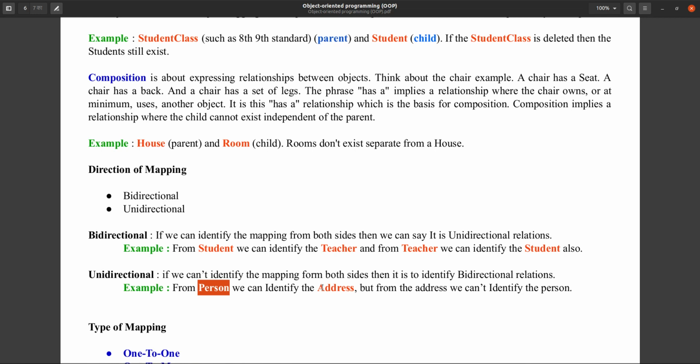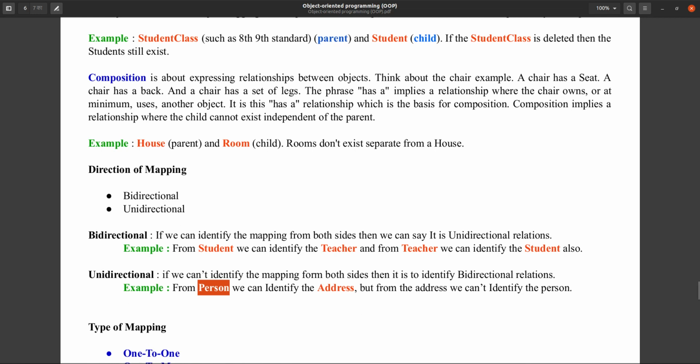Then we cannot identify the particular person from the address, but from the particular person you can identify the address. So this is a unidirectional mapping.